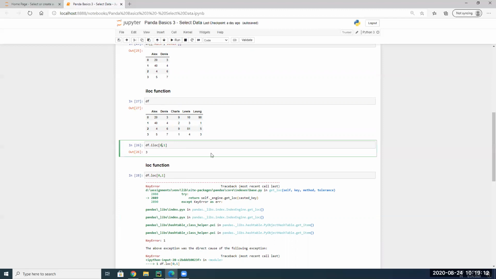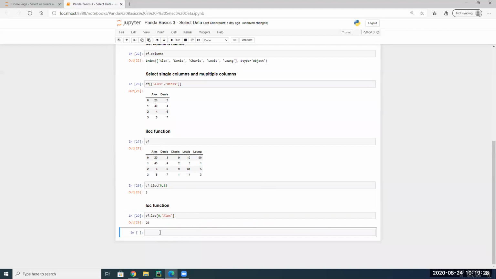So specifying the row index with 0 is fine, because they are already labeled as 0. However, if you had to access a column, they are labeled as some string, so you actually need to use a string. In this case, it will print the data of the first row and the column Alex. Just to prove my point, as I said, you need to specify a label here. In this case the label is 0, so we could specify 0.